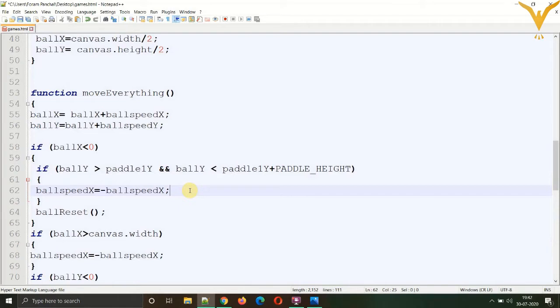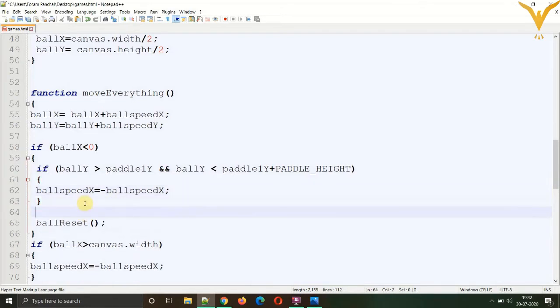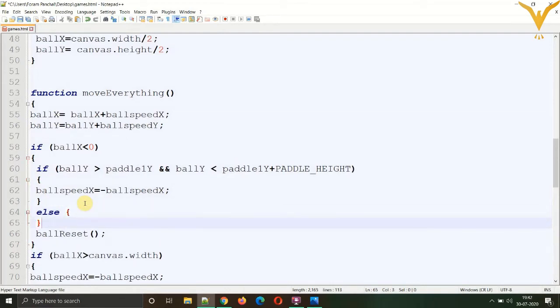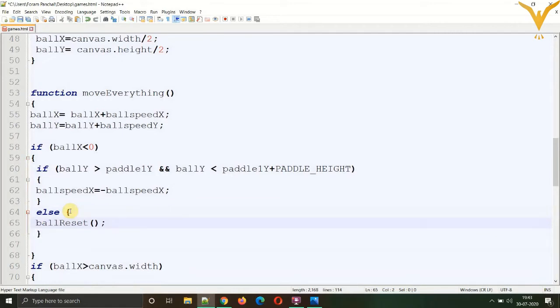We need an else part also. Else, it should reset the ball to the center. Copy the statement and paste it inside the else block, and cut it from the below side.